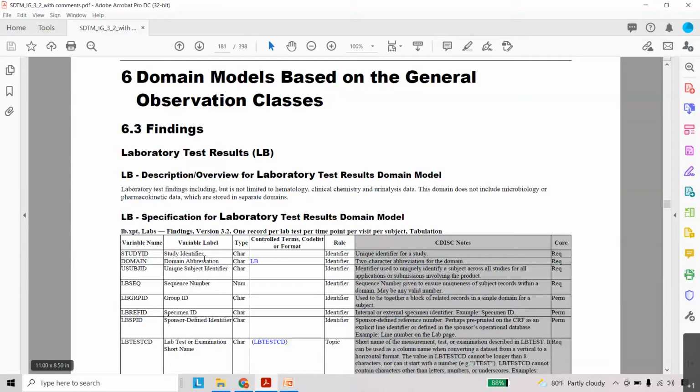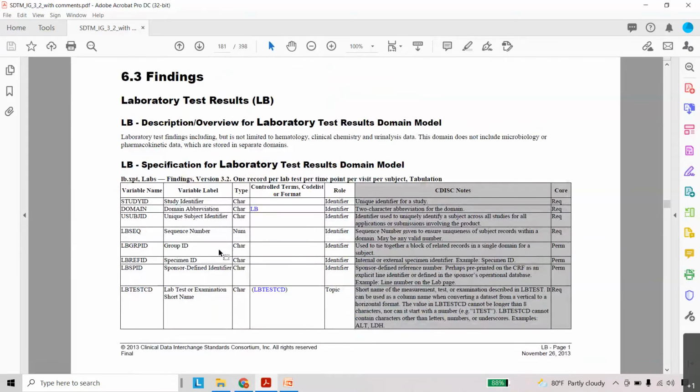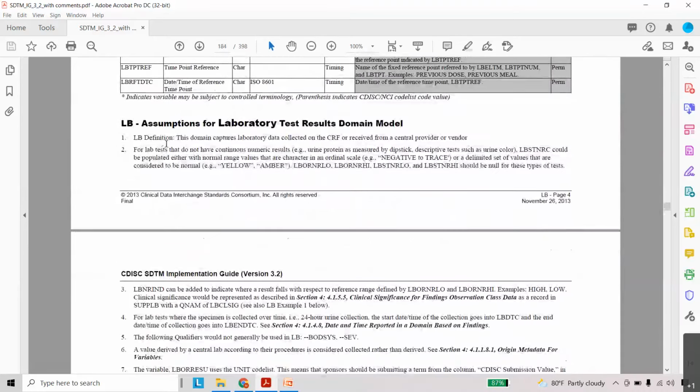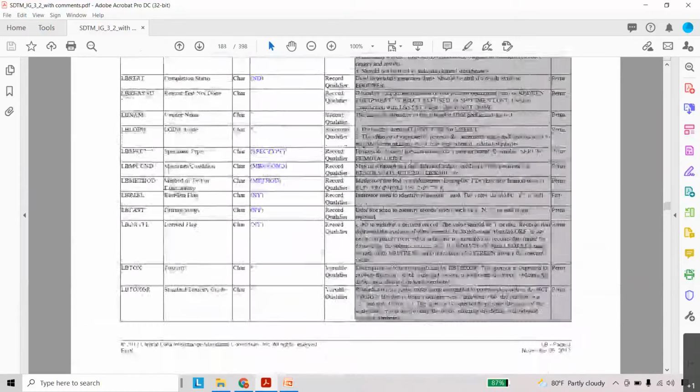And coming to the laboratory test results. Earlier we discussed special purpose domains, interventions, and events general observation classes. What we observe is SDTM domains are two-letter abbreviations, like you can see here, LB means laboratory test results. You can see the definition here, a very easy single statement definition: this domain captures the laboratory data collected on the CRF page or received from the central provider or the vendor. It is very important to know